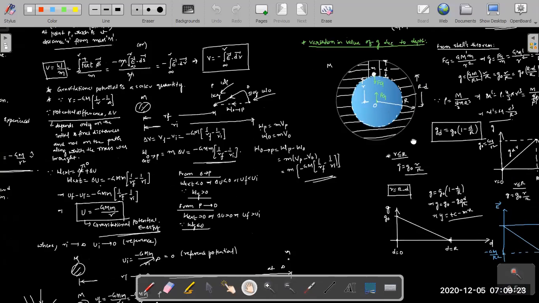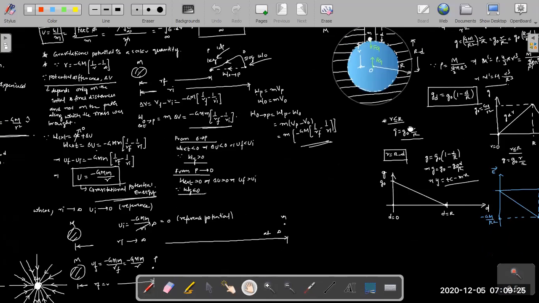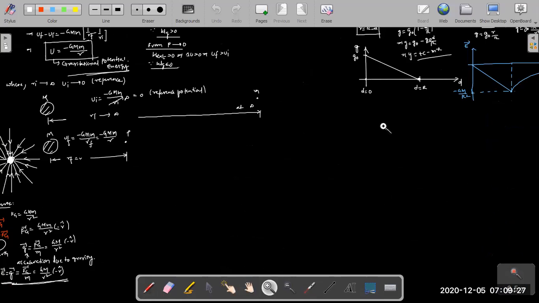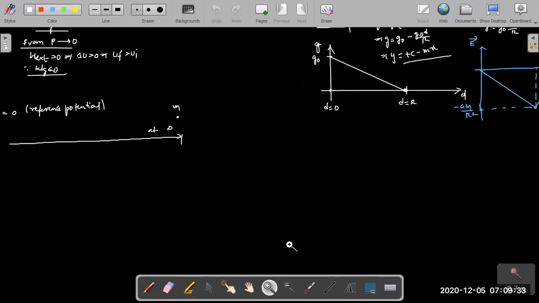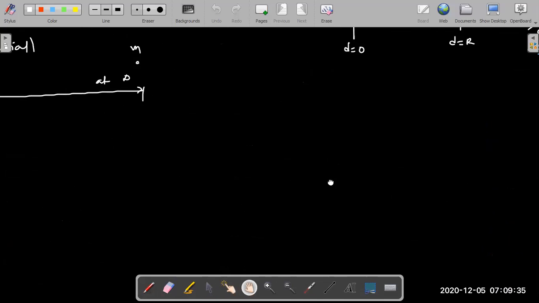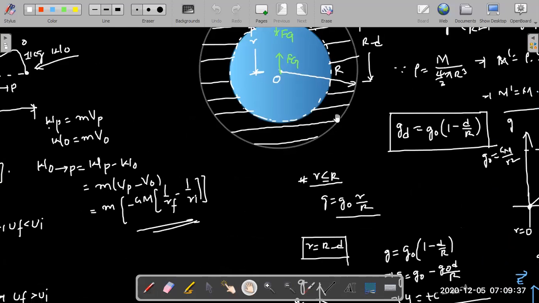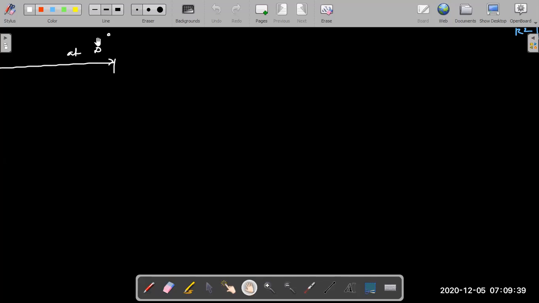In today's class, we'll talk about some more reasons because of which the value of g may change. Let's say there's variation in the value of g